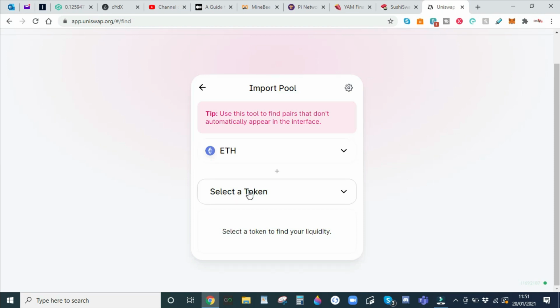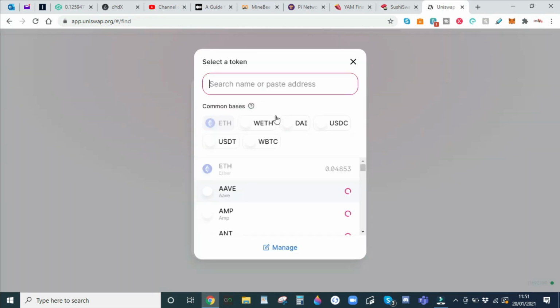So I would select ETH, so it's the 2 tokens you're aware of. So you could have staked anything against each other, but you need to be aware of the tokens that you've actually staked, otherwise this won't work. So I know that South 3 and ETH is showing, but what if I wanted to check YAM? So if I wanted to check ETH over YAM, I would go select token, type in YAM,